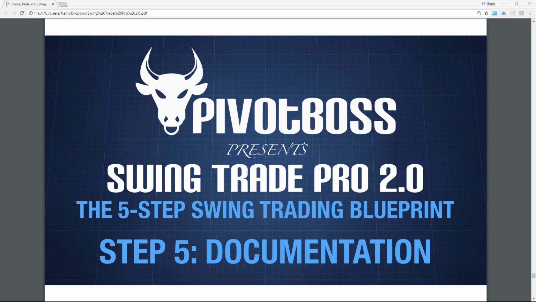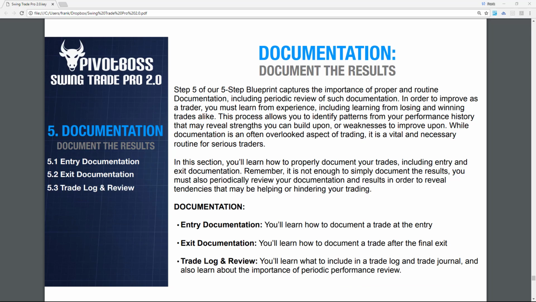So again, documentation isn't as sexy as some of these other sections that we've covered here in Swing Trade Pro 2.0, but it is a very, very important section that I hope each and every one of you utilize in your trading. Step 5 of our 5-step blueprint captures the importance of proper and routine documentation, including periodic review